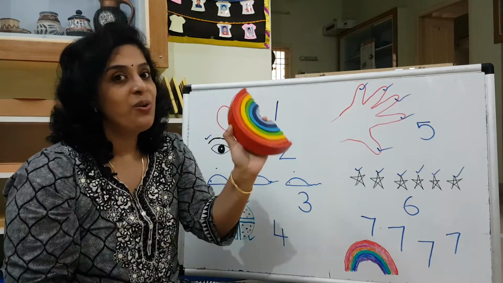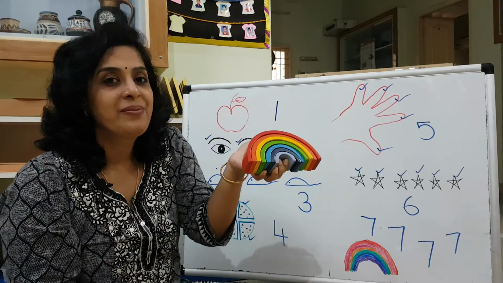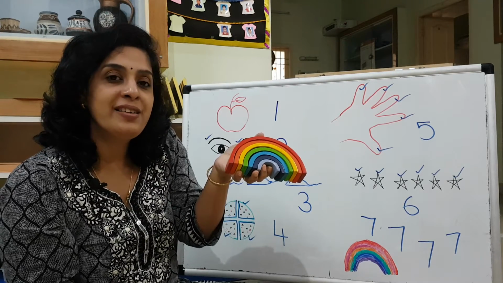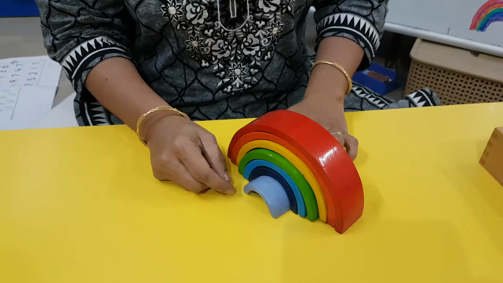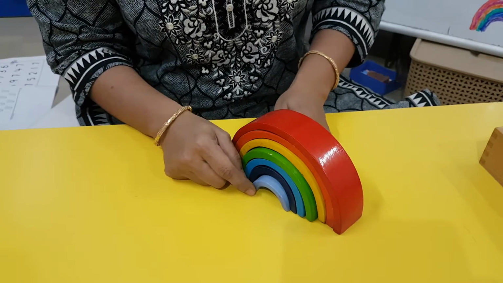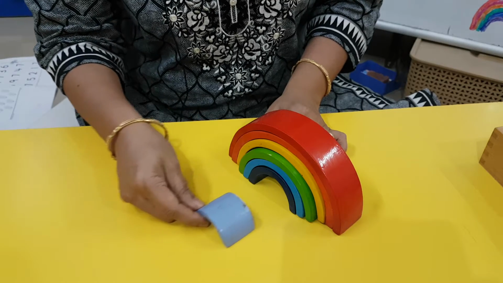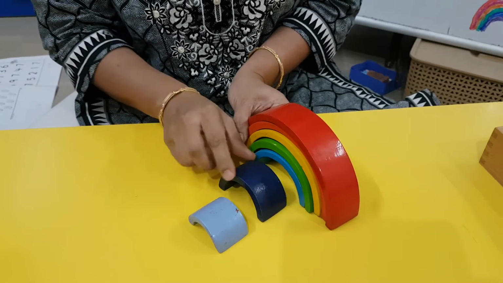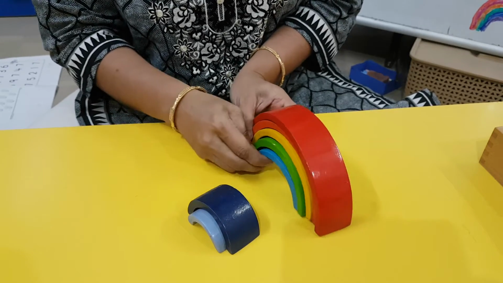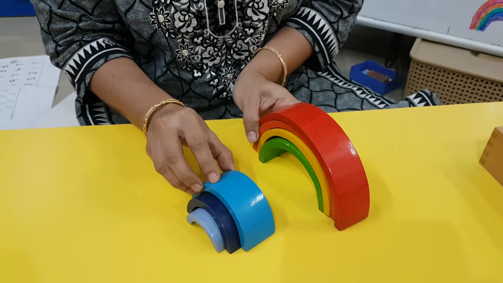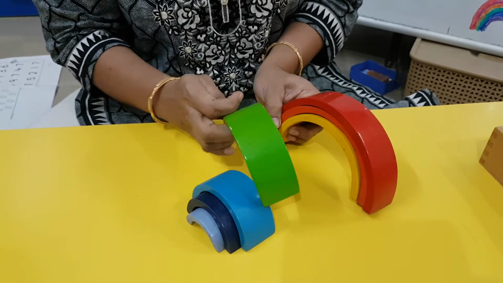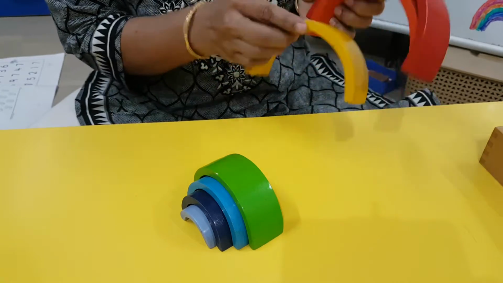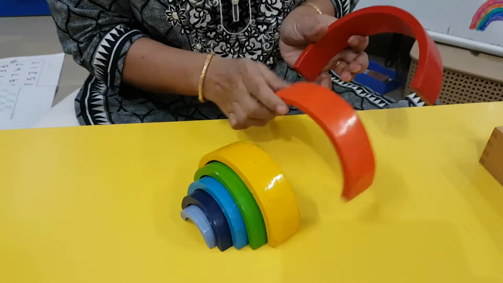Shall we count the colors in the rainbow? Here, I have this material. You all remember this material, right? What is this? Yes, this was there in your Premont classroom. Shall we count how many colors are there in the rainbow? Come. Let's count from this purple color, okay? The violet color. 1. Next. 2. 3, 4, 5, 6